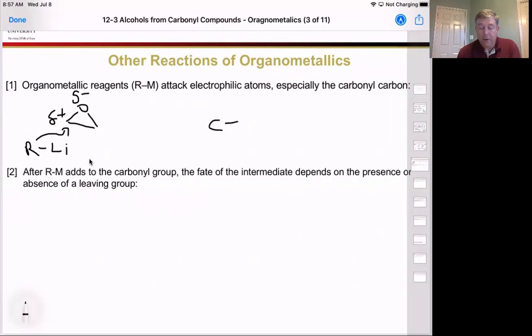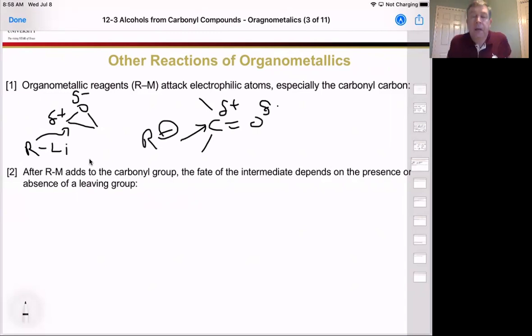Now, in the case of the carbonyl, when we look at our carbonyl, we have our partially positive side, which is the carbon, our partially negative side, which is the oxygen. And so we get attacked by that carbanion to the carbonyl carbon of this. Okay. So now